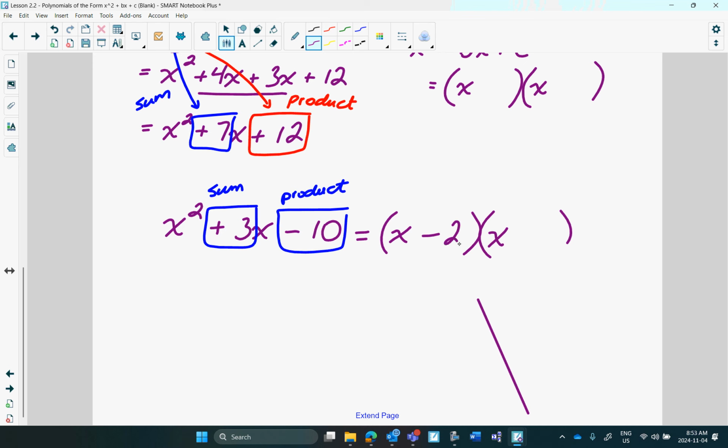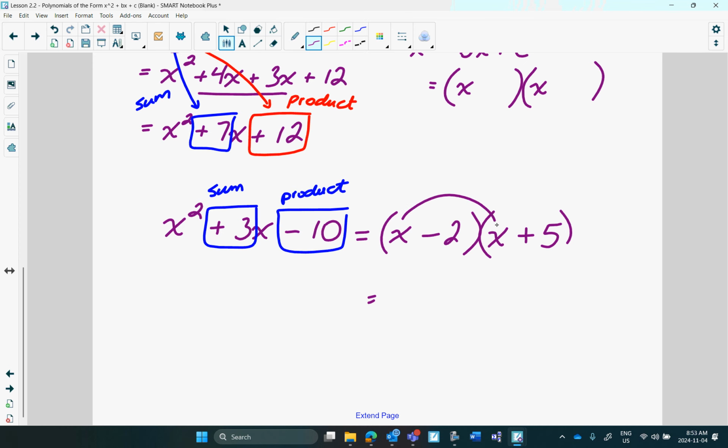-2, plus 5. That's it. Boom. Mind blown. And how do you check? Multiply it through. See if you get back to this. If I multiplied it through,